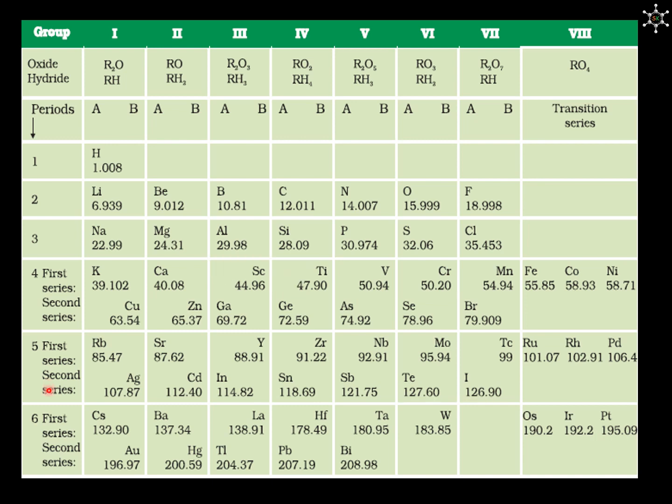We can see in Mendeleev's periodic table there are 6 horizontal rows which he called as periods. There are 8 vertical columns which he called as groups. From group 1 to 7 we can see that there are 2 subgroups in every group. In group 8 we can see there are 3 elements in it.